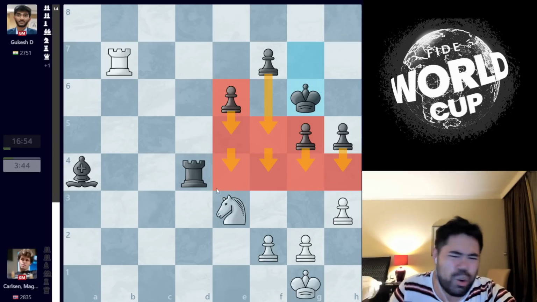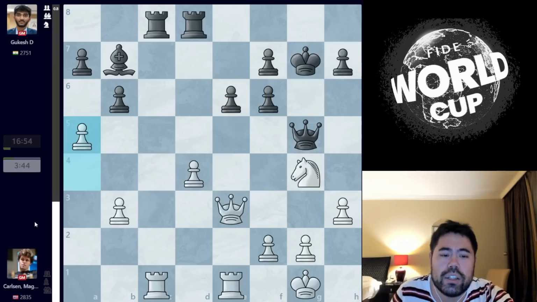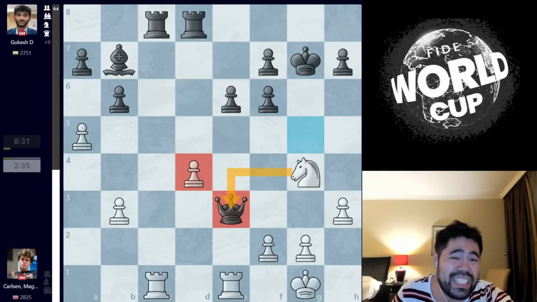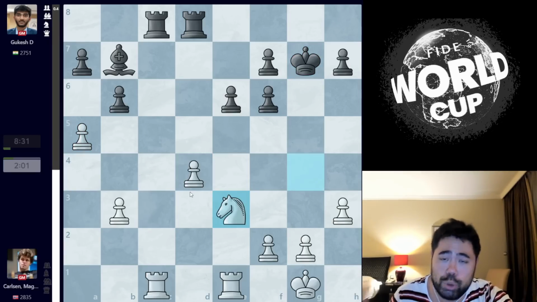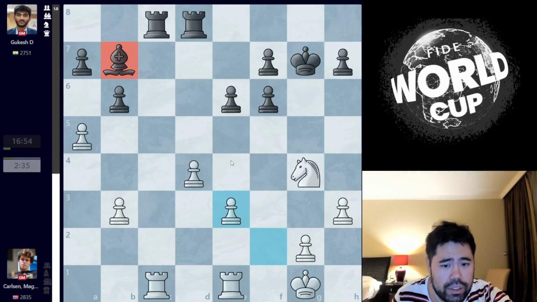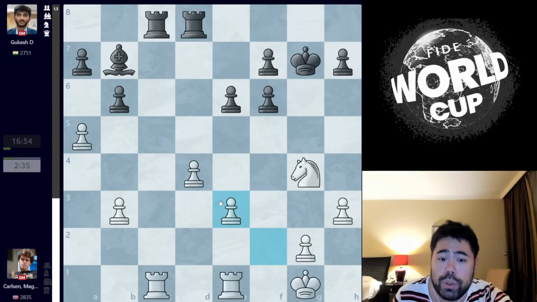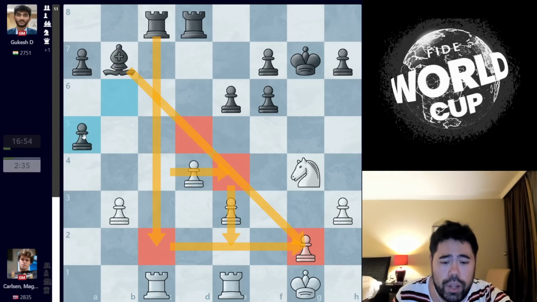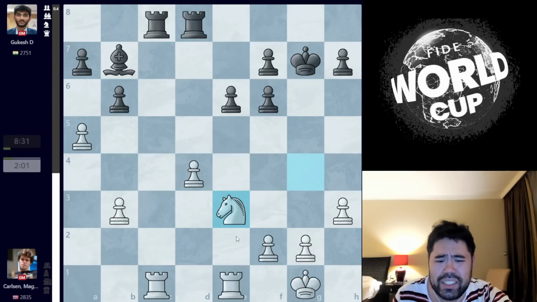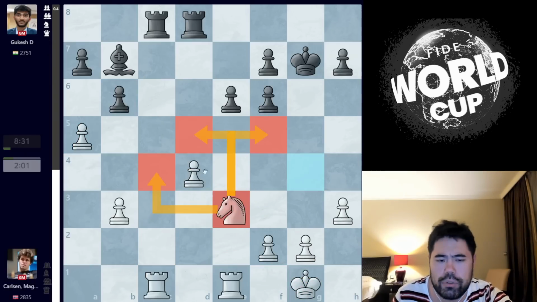Now you're probably wondering, well, so what? What's the big deal? Now the big deal is that when Gukesh here plays this move queen takes queen, Magnus captures with the knight, not with the pawn, by the way, because now this diagonal is completely open. If you capture with the pawn here, black can simply take the pawn, and due to these threats on the second rank towards his pawn and the king on g1, white is in a lot of trouble. So Magnus takes with the knight, bringing the knight back towards the center of the board.